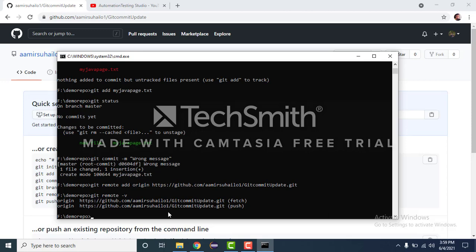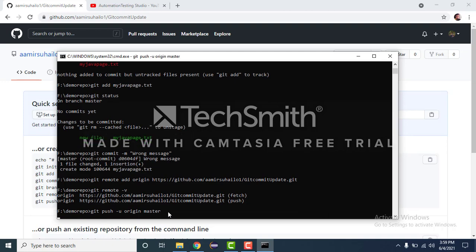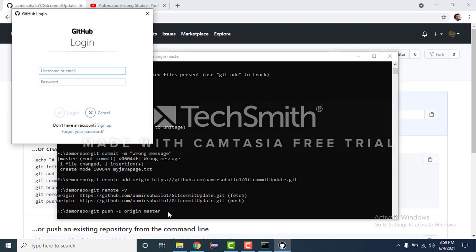Now we will push the changes to the remote repo. git push -u origin and branch name. So our branch name is master. So once we do that, it will ask for entering the username and password. So let us enter the username and password, whatever is there with your repo,